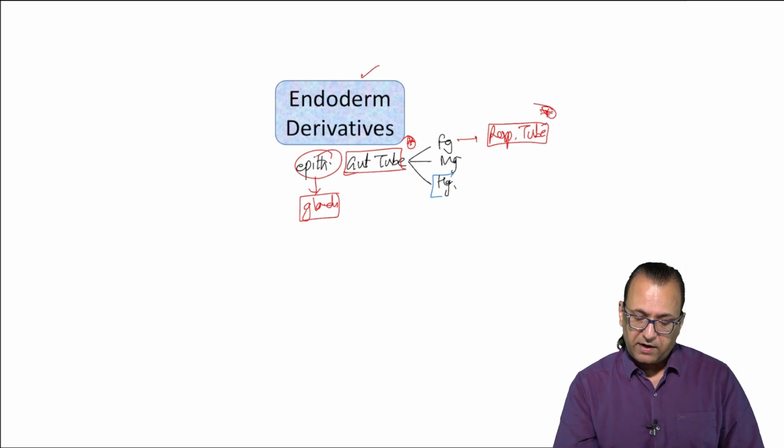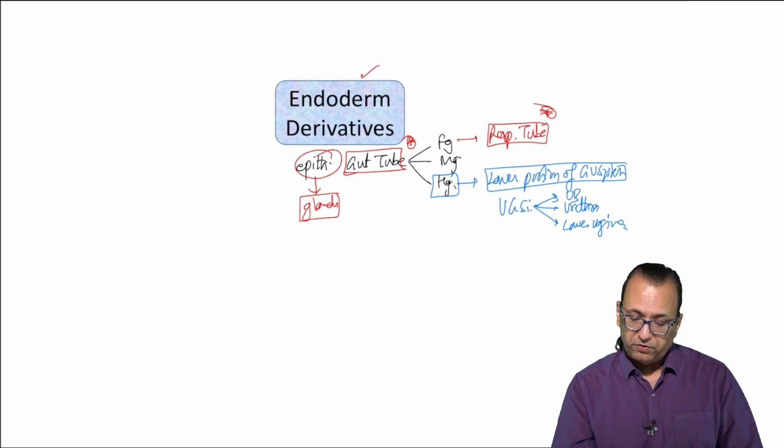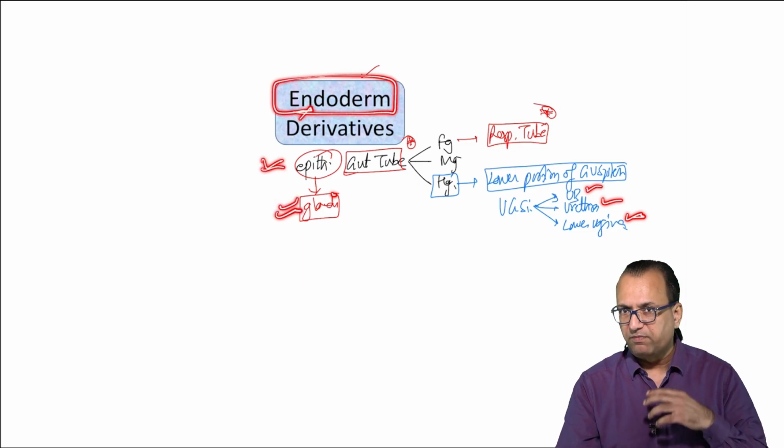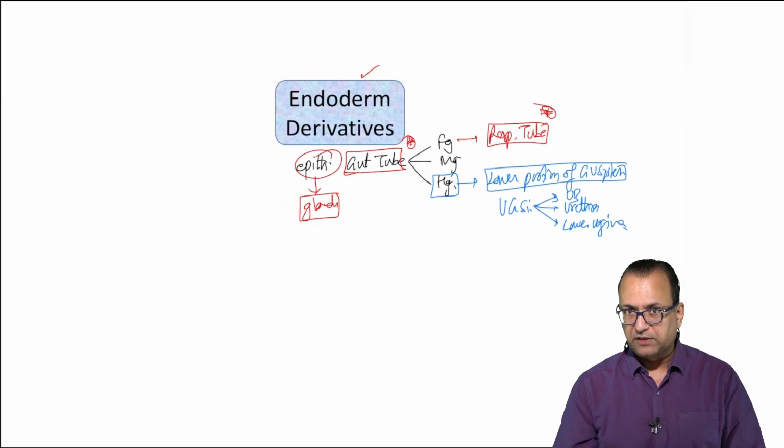On the other hand, the hindgut will contribute to the lower portion of the genitourinary system. When you say lower portion of the genitourinary system, actually you are talking about what is called the urogenital sinus, and that urogenital sinus is from endoderm, giving us derivatives like urinary bladder and urethra and lower vagina. So the epithelium of the urinary bladder, urethra, or lower vagina is also from the endoderm. Not only epithelium but also glands. So this is some basic idea which we are having, and then we can proceed further with some diagrams